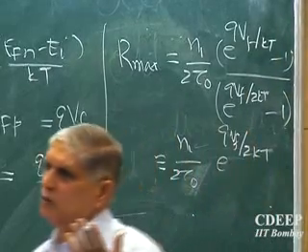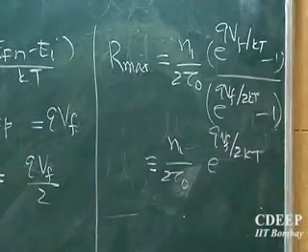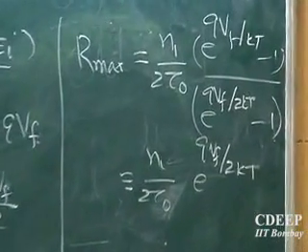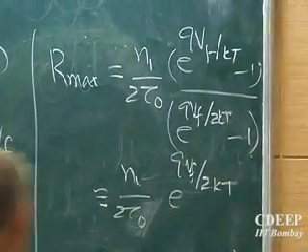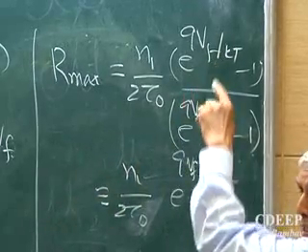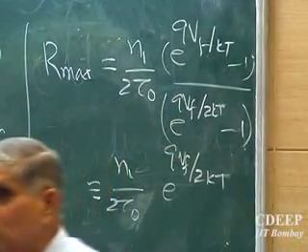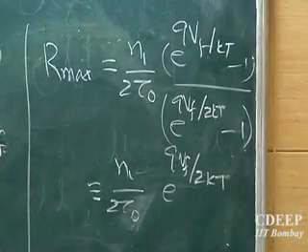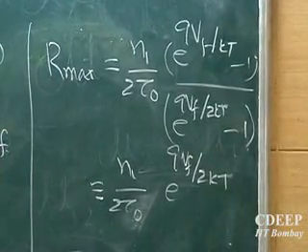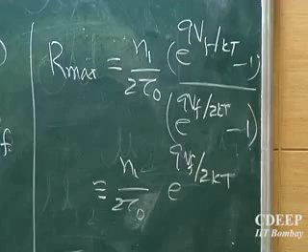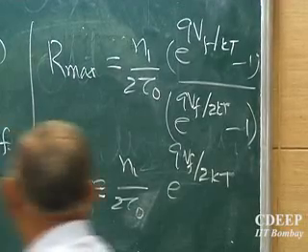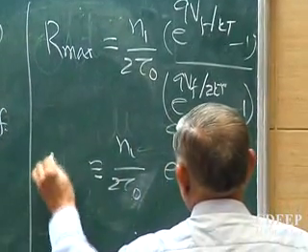If I neglect 1, e to the power qVf by kT is always larger than 1 in most cases, except for very small values of voltage. Even with a smaller value, please remember, even at 0.1, 0.2, 40 times that is e to the power 4, 5, and that is not a small number, it's roughly 50, 60. So if I get this R maximum,